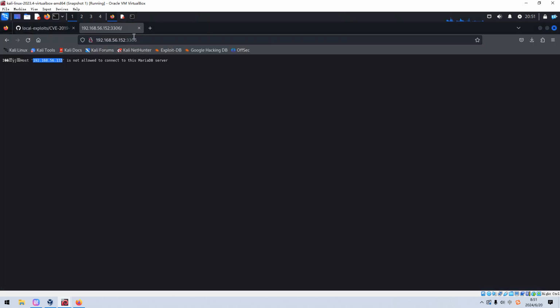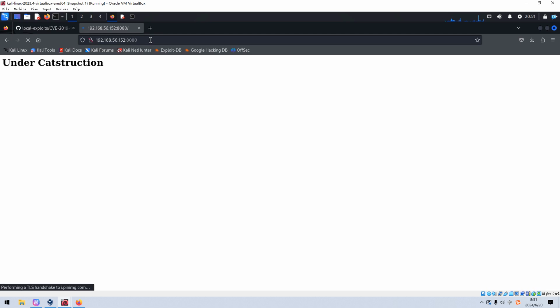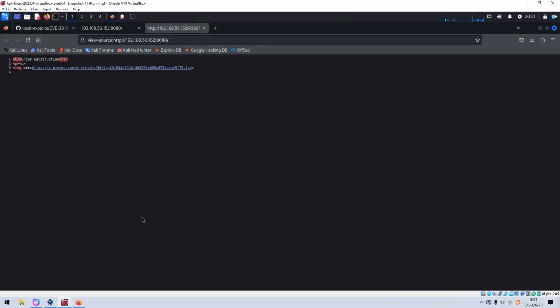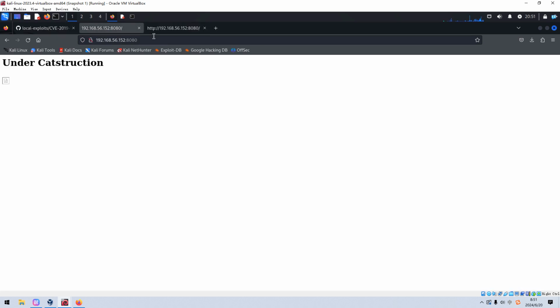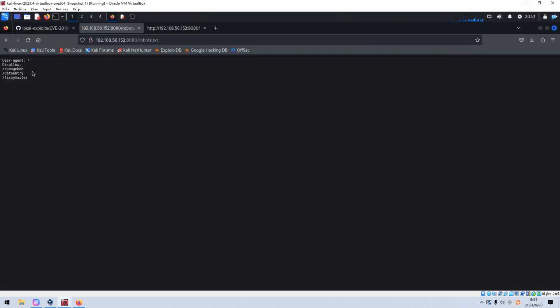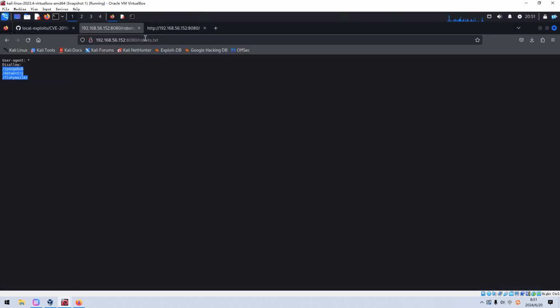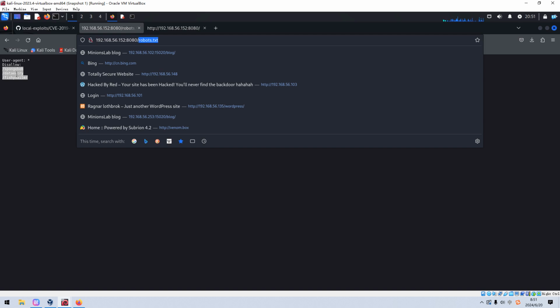And let's enumerate manually first. And we can put the port number 8080. Okay, under construction, and we can check its source code, nothing there, and then we can check whether this site has a robots file, and it has 3 entries. Maybe we can copy these 3 entries, and then we can take a look at all of them one by one, right? And next, I think we need to access the first one. Maybe we can copy